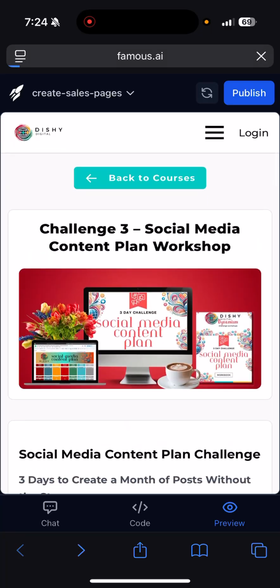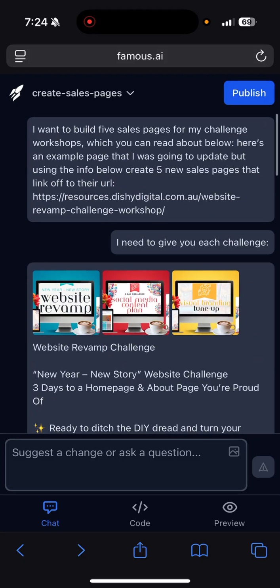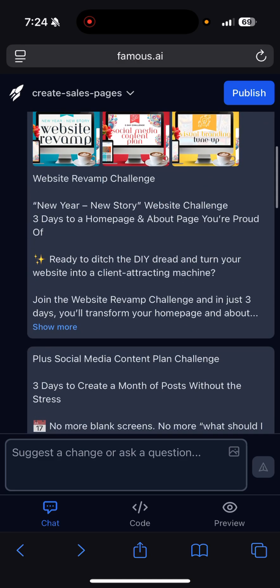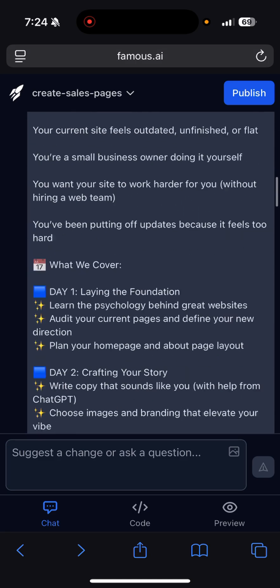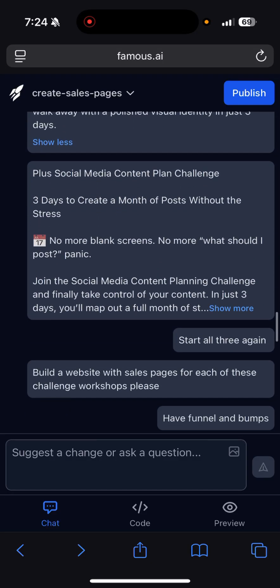All right, so guys, I want to show you how easy this is. Originally I was going to do 5, but I thought I'd just do 3 to start off with, which are free. There are on my resources.digital.com.au website. So I've given it all the information for each of the challenges, or the first 2, and then I snuck in the third one,